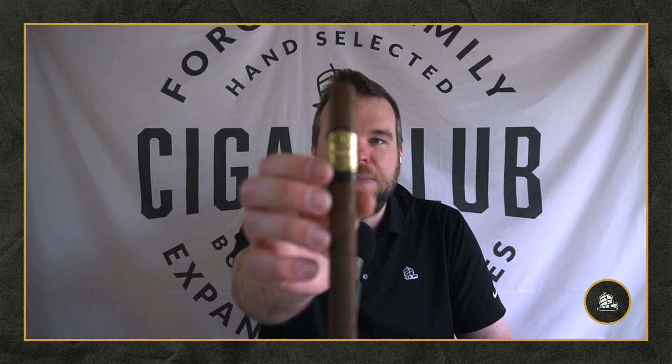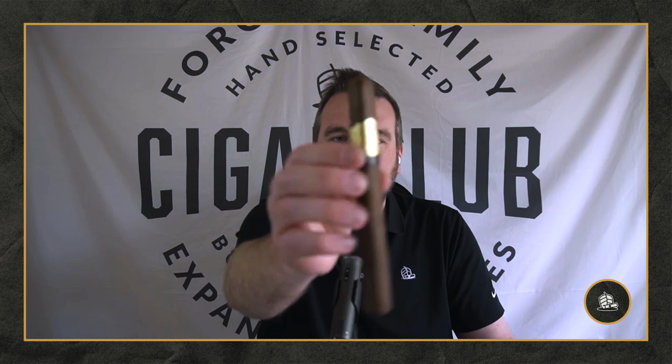But the cigar that I'm going to be smoking is the 1502 XO. The tobacco in this cigar was aged for a minimum of 18 years. 1502 is the brand, a brand that I absolutely love. We're going to be getting these guys in our normal monthly boxes in the future as well. But the 1502 is made at the Plasencia farm. This cigar in particular is a